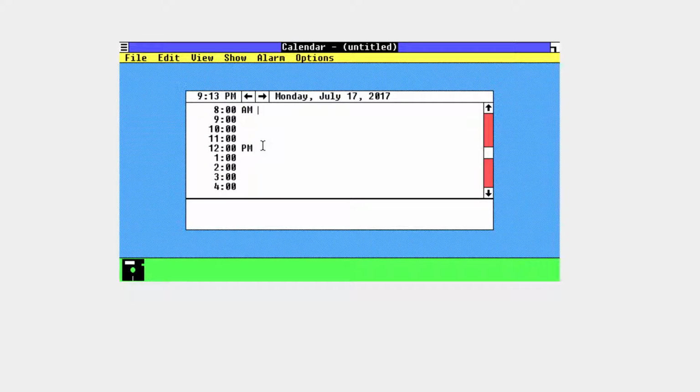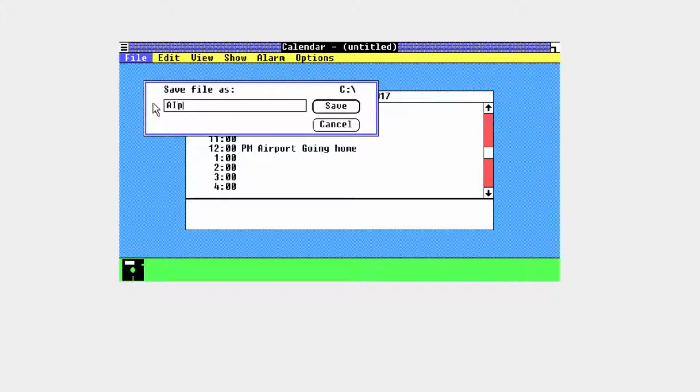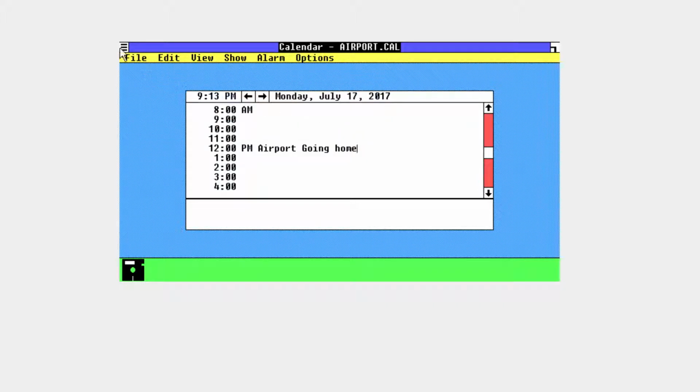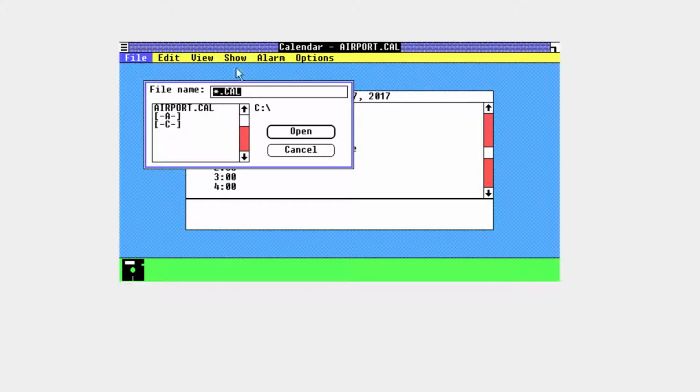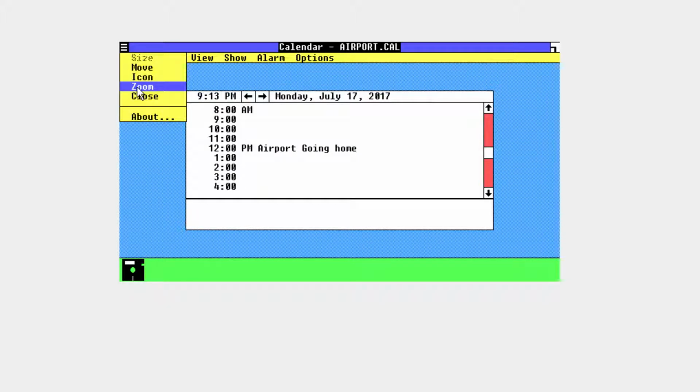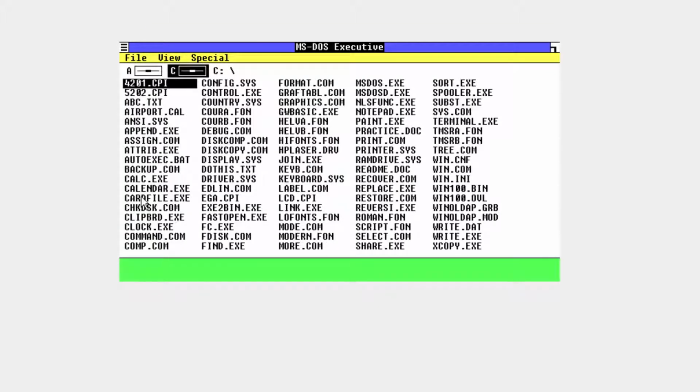The calendar is, instead of the mobile app where it's month by month, day by day, and you can type in anything. So like, let's say you have to go to the airport at 12 o'clock p.m. You can say airport, going home, and stuff like that. And you can save as airport. Click on save, and it'll save to drive C. Close that out. And let's go to